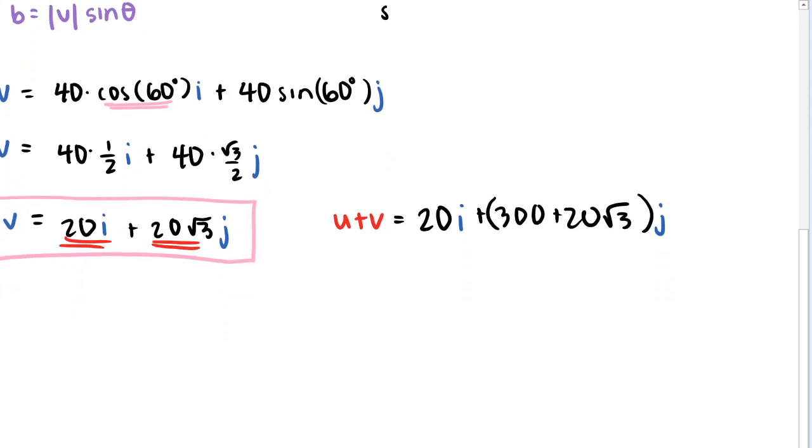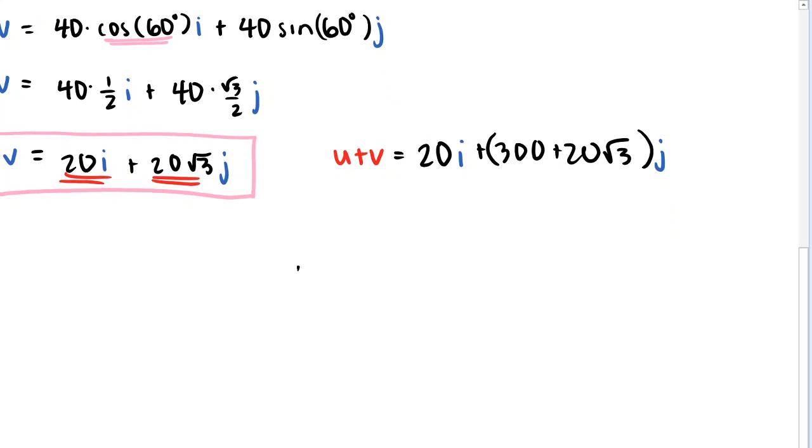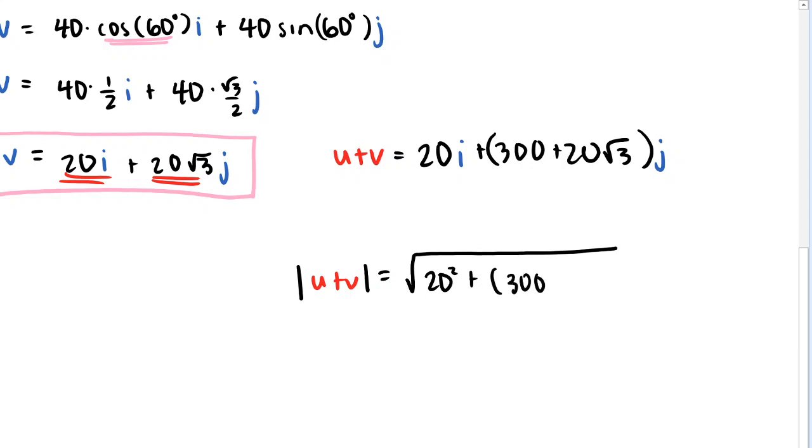So how do we find the magnitude of u plus v? Well, the magnitude of u plus v is equal to, applying the Pythagorean theorem, we get 20 squared plus the square of the vertical component, that's (300 plus 20 square root 3) squared. And so